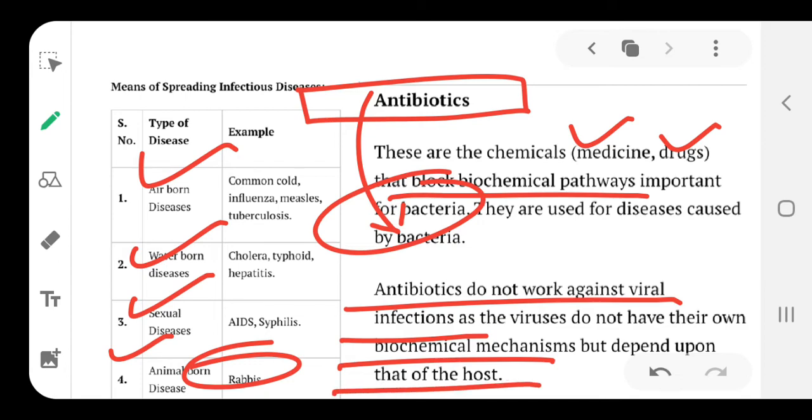Sometimes we ask you why antibiotics are not good for viral infections. So these things should be known: what antibiotics are, how they work, and why they are not suitable for viral infection. I again repeat that please go through the whole tutorial after going through the textbook, mark them properly,